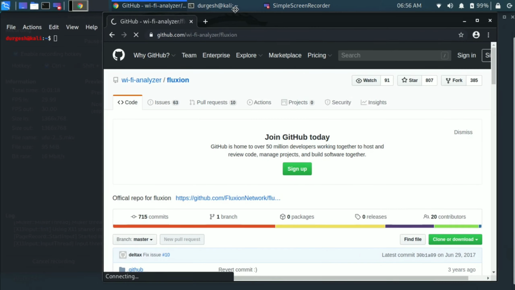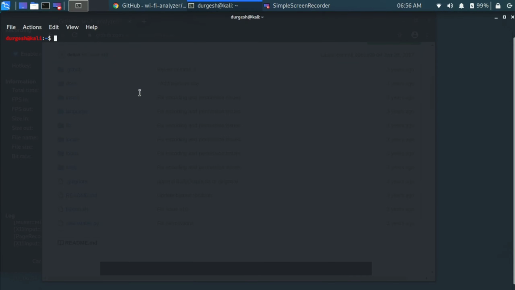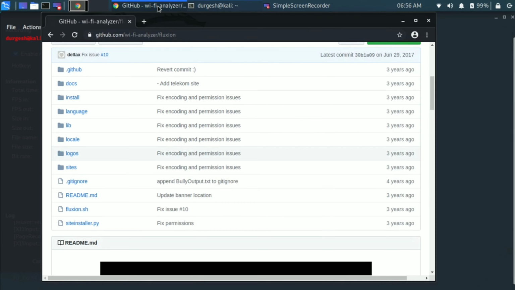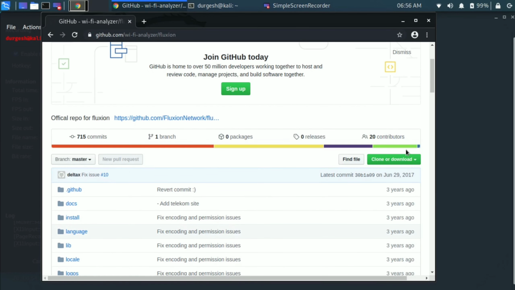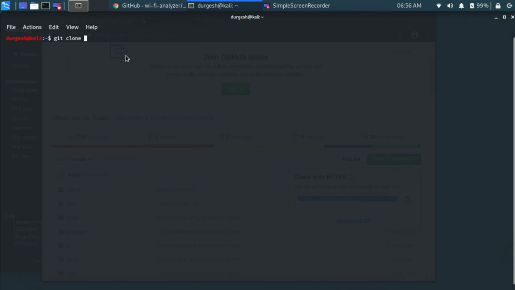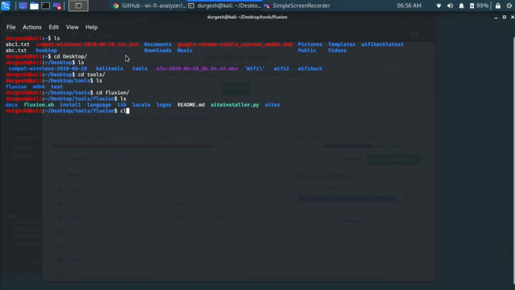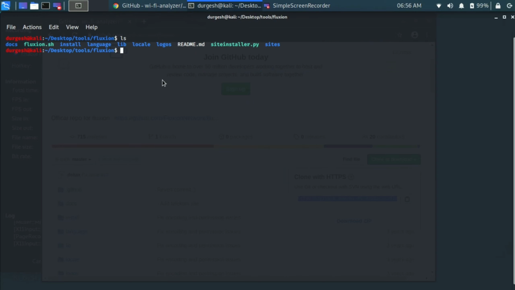You can simply clone this directory by using a git clone command, then copy and paste this thing here, and then you can clone it. I have already cloned this. In order to install it, you can see there is an installation folder here. You can simply go to the install directory, and then after that